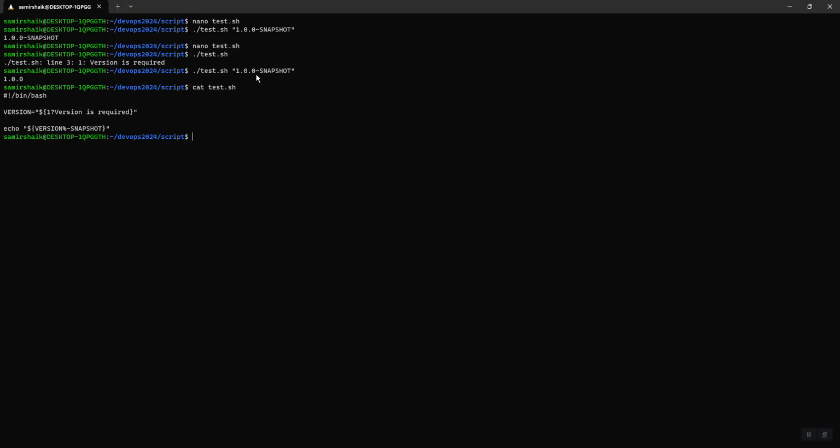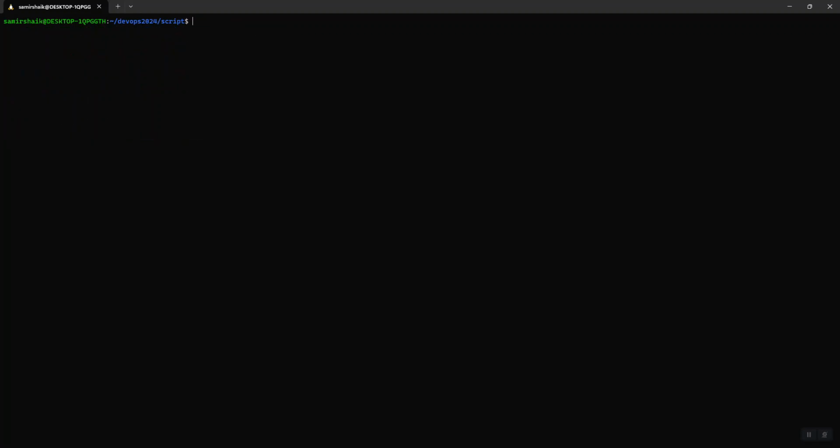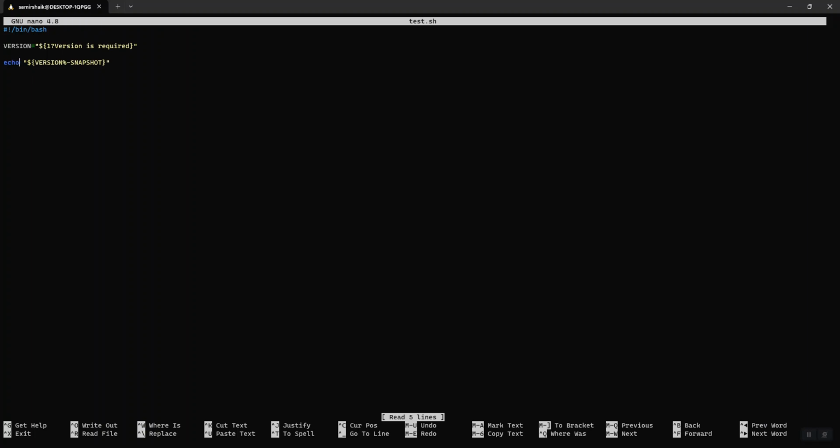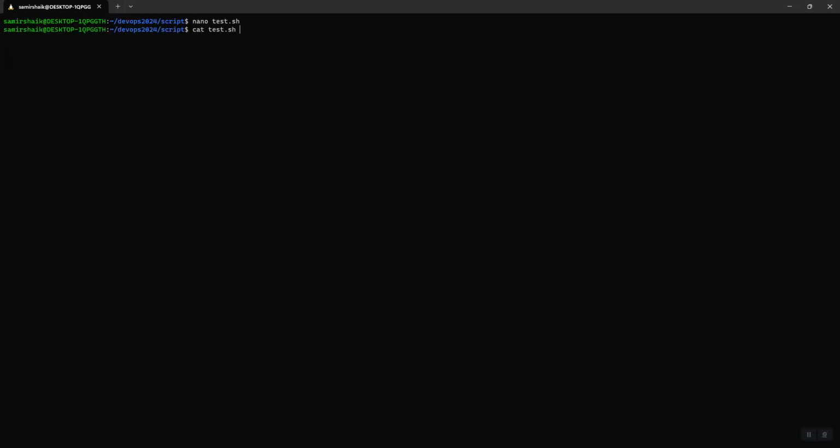What if we wanted to remove 1.0 at the start of this? Let's see. Hash instead of percentage, hash 1.0. See how snapshot is written for the string 1.0.0-SNAPSHOT. The last thing I want to show you is